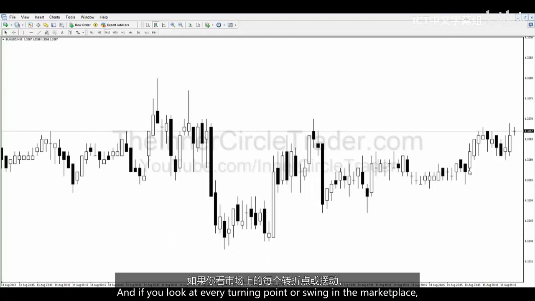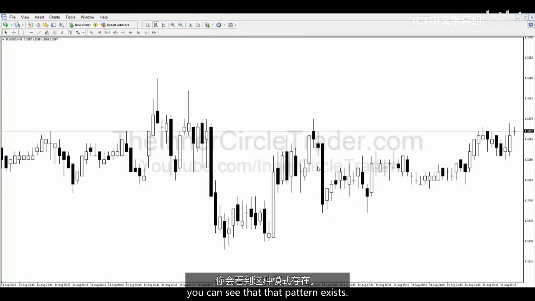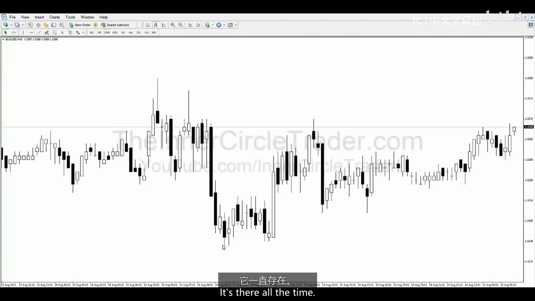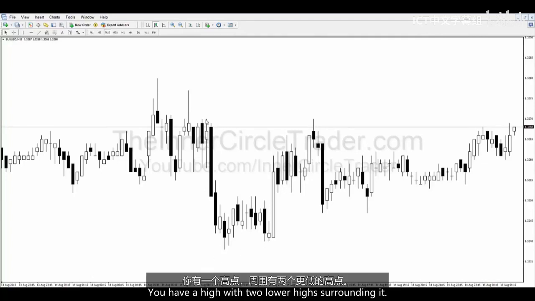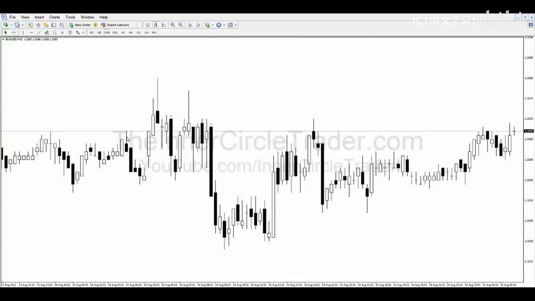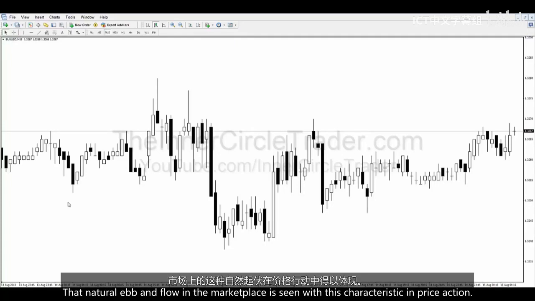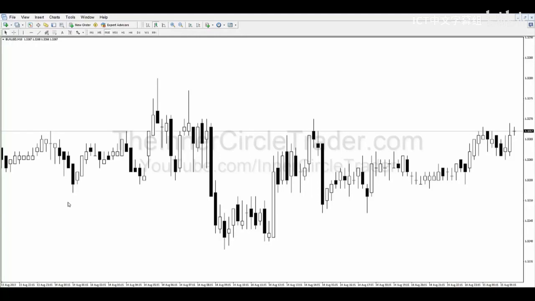And if you look at every turning point or swing in the marketplace, you can see that that pattern exists. It's very generic. It's there all the time. You have a high with 2 lower highs surrounding it. Okay, every high and low swinging up and down, that natural ebb and flow in the marketplace, is seen with this characteristic in price action. Now let's go out to an hourly chart,